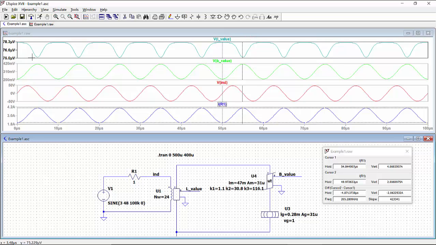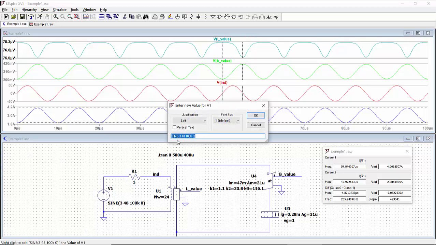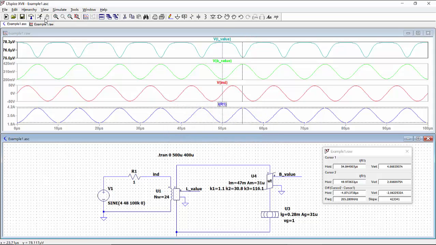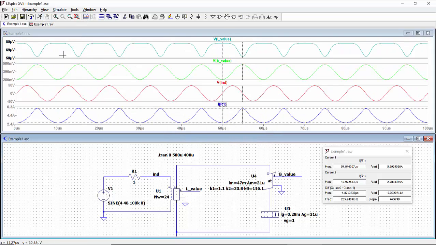So we are getting close to the knee of the BH curve, and then having some effect due to saturation. If we increase, for example, to 4 amperes and run again, then we can see that now